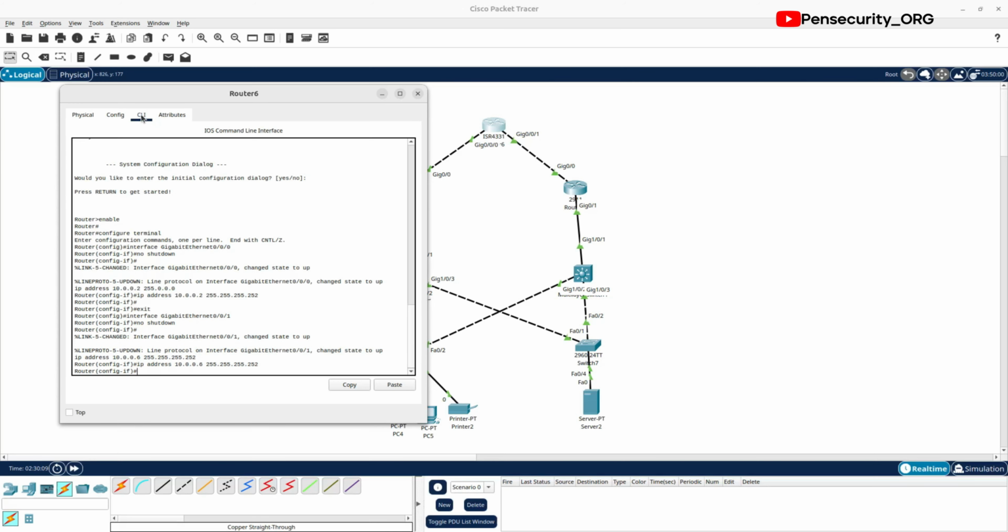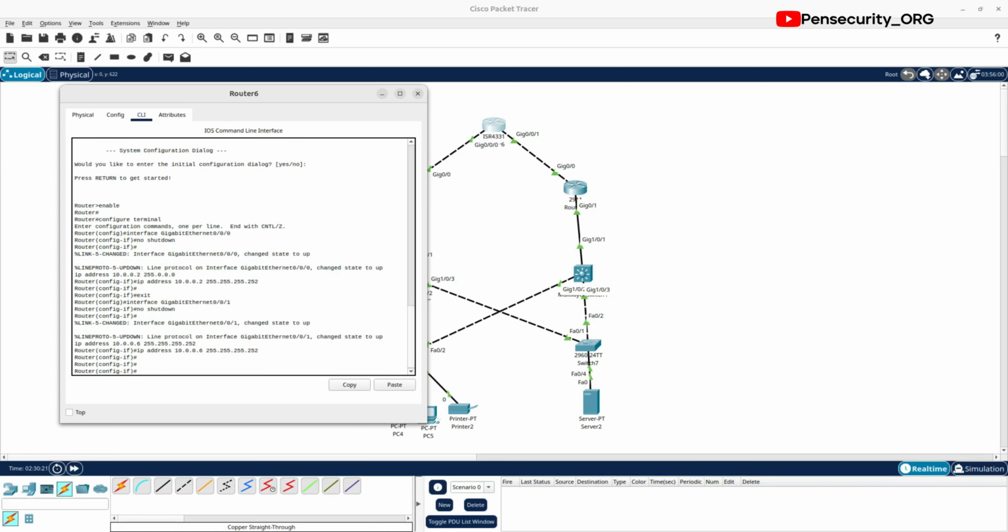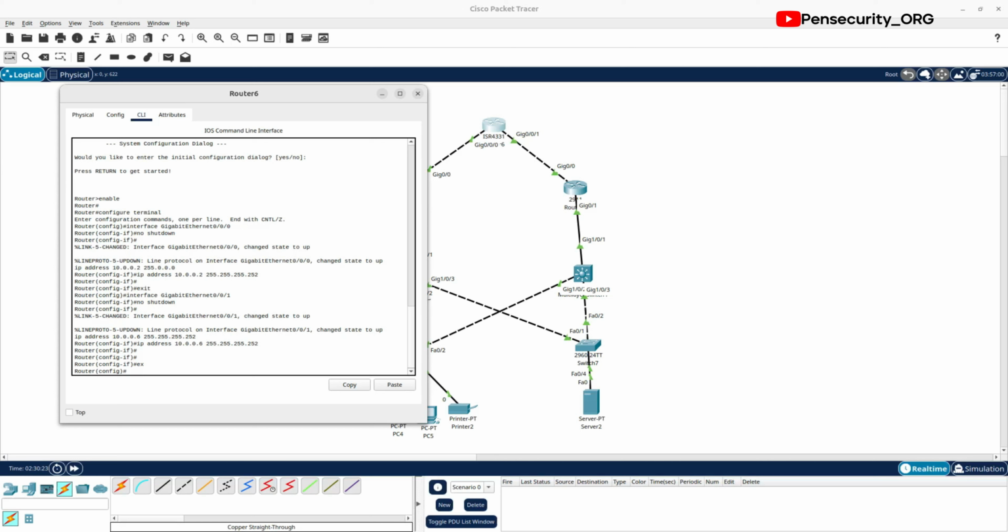255.255.252, correct. Now we want to configure the OSPF. So it's either we'll configure the OSPF or we'll configure the routing, so it could route back. But I think it's just better we just configure the IP routing, so it will route back to both networks. So we'll just